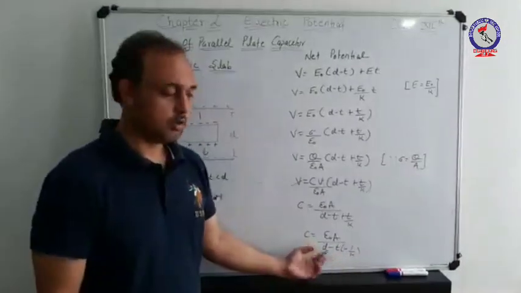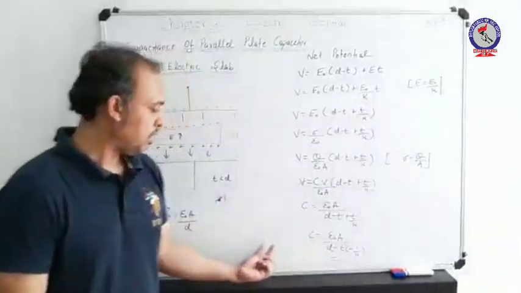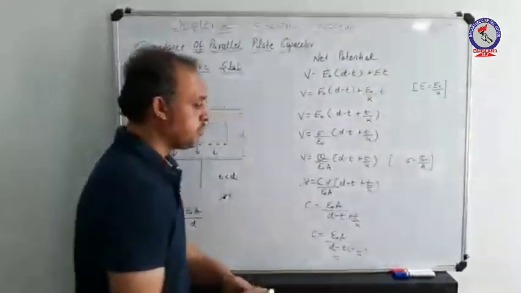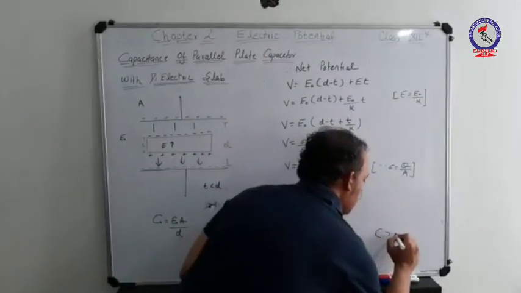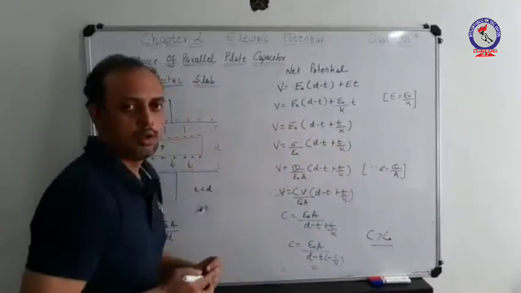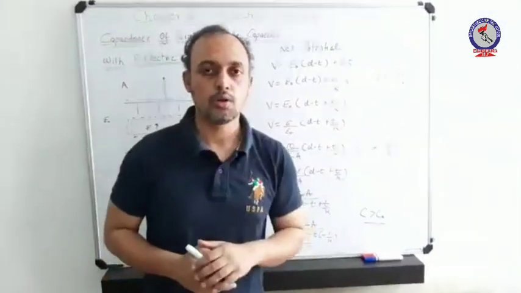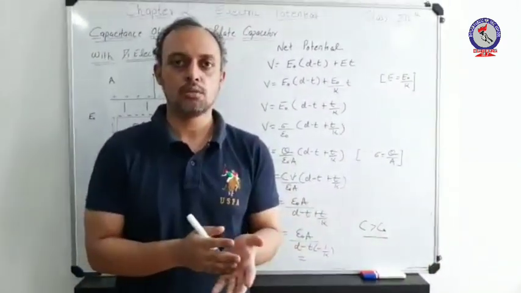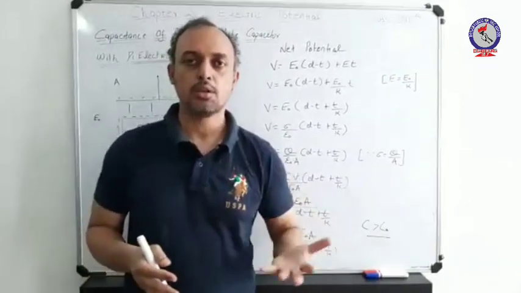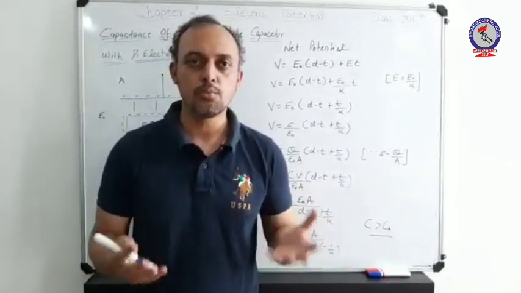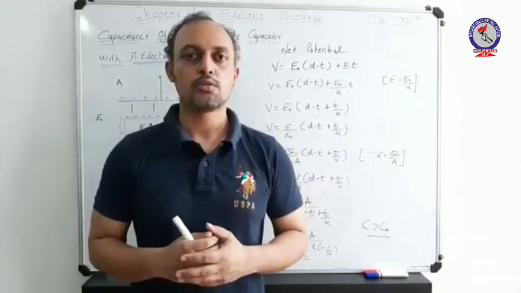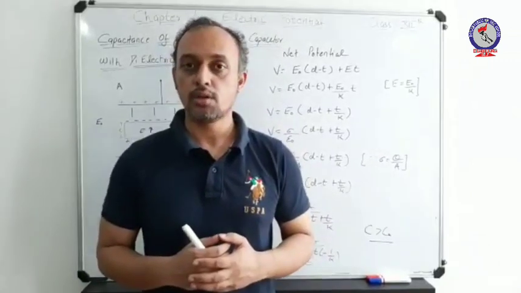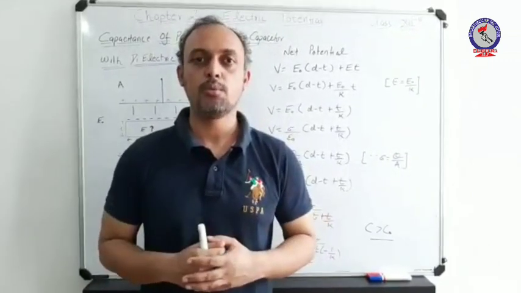Again, this is the expression with the dielectric and this is the expression with air in between the plates. We can observe that C is greater than C naught. Hence, we come to a conclusion that whether you are inserting a conducting slab or a dielectric slab, the capacitance is increasing in both cases. So this was the expression, logic and concept of capacitance of a capacitor with a dielectric slab in between the plates.